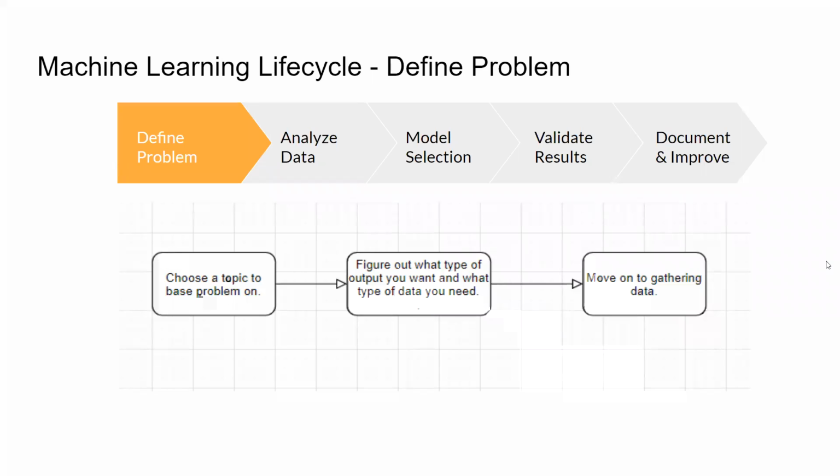So these steps are, first you're going to define your problem. And then you're going to analyze data. So you're going to have some data that you collect and you want to analyze it. And then third, you're going to have a model that you're going to select and use to do whatever prediction you want from your data. And then you're going to validate your results that you get from your model. And then you're going to document your model and the related things, and then try to improve on the accuracy